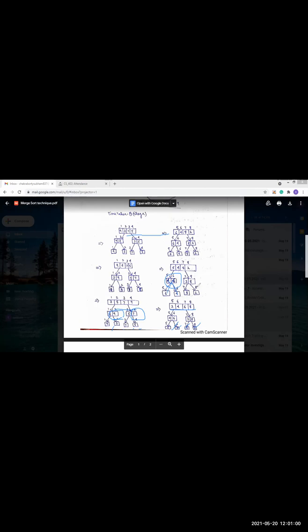Here also the second merging will be done, because here it is 8 and 2. So merging will take place, and after merging, the value will be sorted, and it is 2 and 8. So after this, these two will be merged, and we get what? This final value: 2, 4, 6, 8.